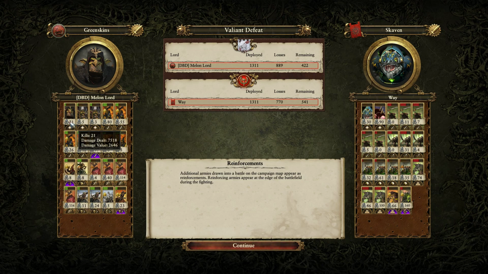2,647, jeez! That is absolutely insane. 7.5k damage dealt. Only 21 kills, but he really got all the big ones. Now we'll get to the rest of the damage dealt and damage value in just a second, but